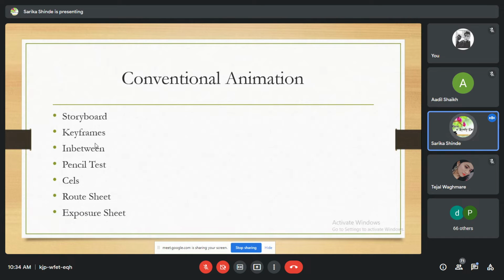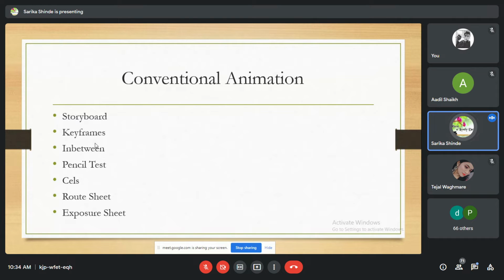Okay, the sequence of animation is first drafted on paper in the form of sketches. That is storyboard. Okay, next one is keyframes. Keyframes are the first frame of every shot in sequences. Okay, keyframe is a first frame. Keyframes are used to interpolate the animation sequences. As the animation is achieved using keyframes, such a type of animation is also known as keyframe animation.